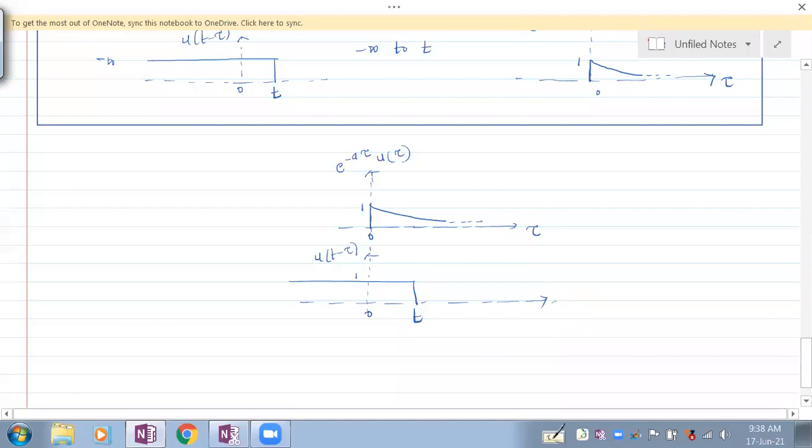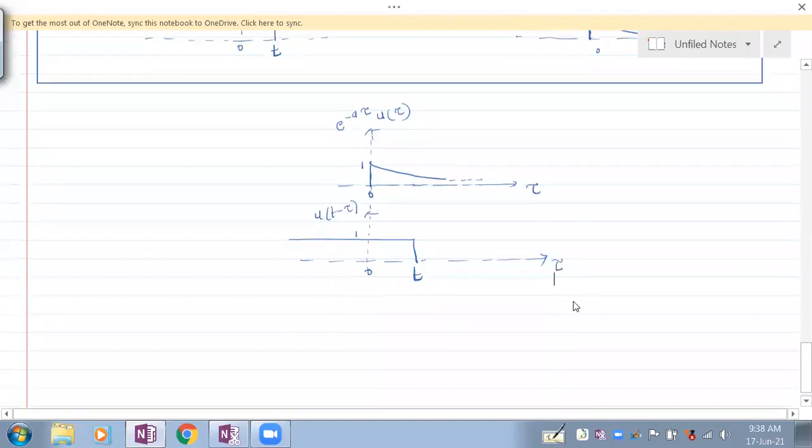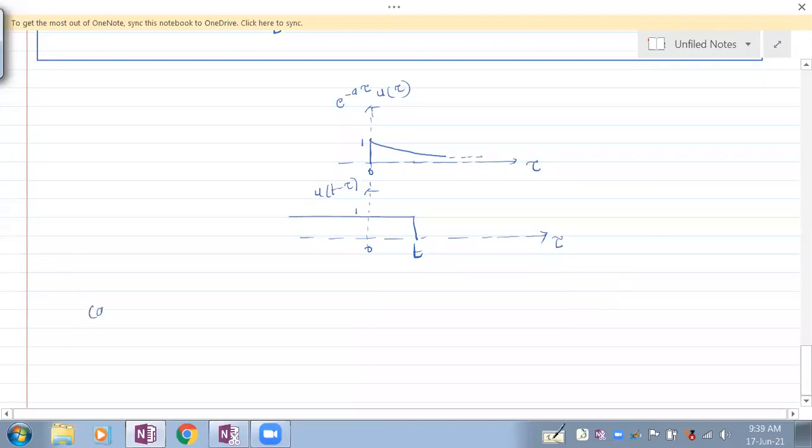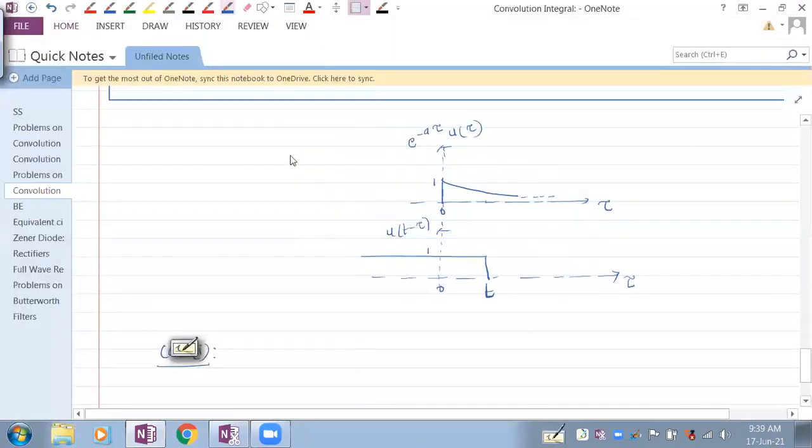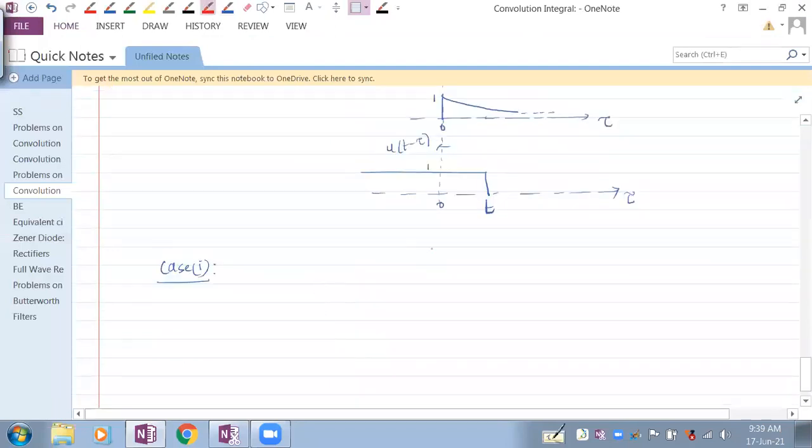Now again the same exercise. Case number 1, case number 2. When would there be a no overlapping case? Anybody? Case 1. Let me write that for your reference. Case 1 is this. You have a signal like this, which is 0. Then you have a signal like this, which is t. Understand? So this is the no overlapping case.